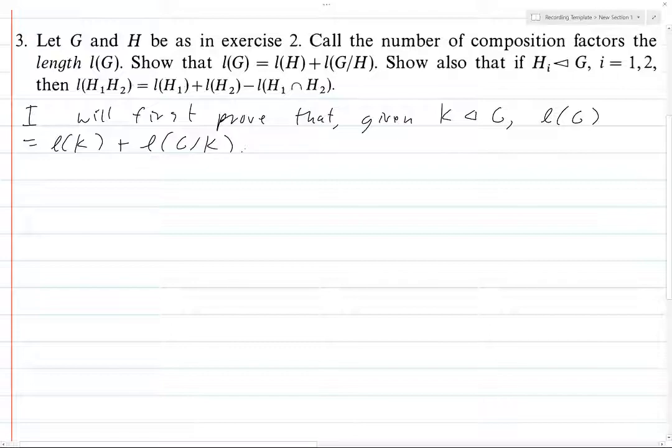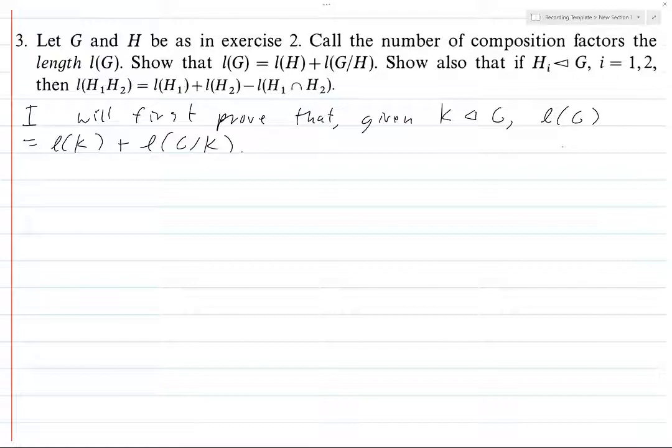Last time we proved that we can always find a composition series for G containing a particular normal subgroup K. And so it should make sense that if you have